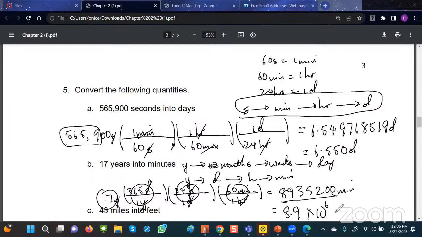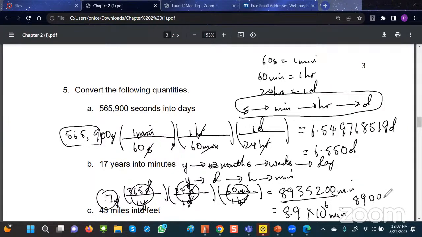Okay, so this is 8.9 times 10 to the 6 minutes. Of course, I would answer it this way, being more convenient and compact. But if you want to do it the standard way, it would be 8, 9, and then